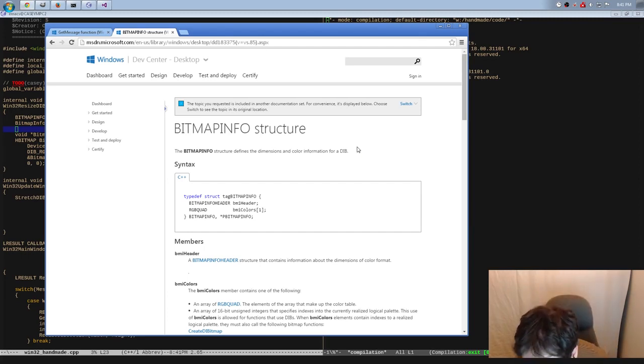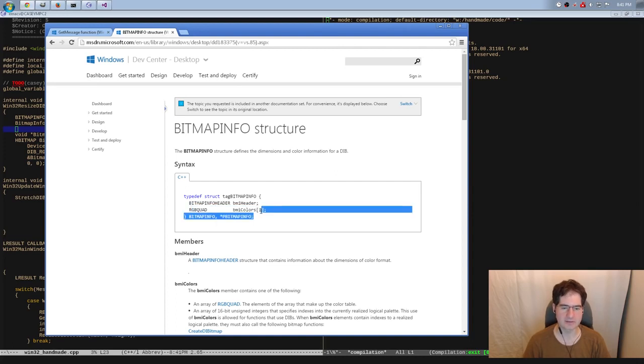Here we are in the bitmap info. So, we have a bitmap info header. It's called bmiHeader, and we have an RGB quad, which is bmiColors. Now, this is a little syntax that's used in old school C, and basically, if you define an array at the end of something, it allows you to make it variable length. You can basically keep on going off the end of this thing,